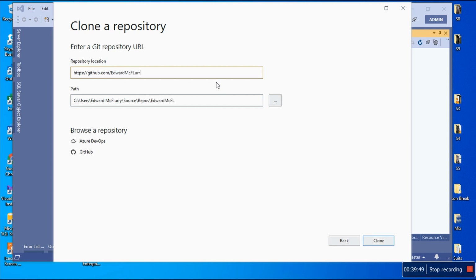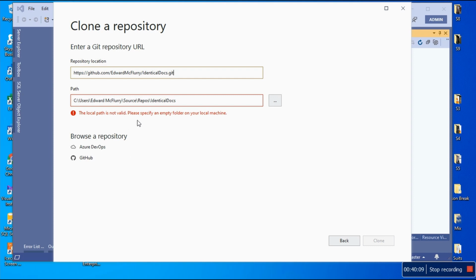github.com/Edward McFlurry, and I'm gonna say identical. So this is the name of the account. The L has to be a small one, L, and identical dogs, and then dot git. The local path is normal. Please specify an empty folder,